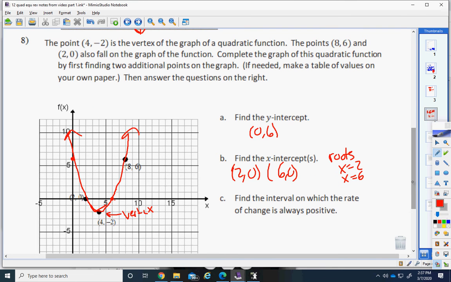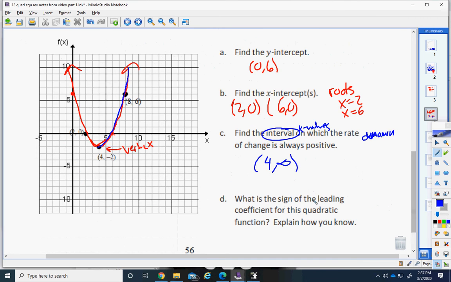The interval on which the rate of change is always positive, that's where the graph is increasing. So it's here where I'm drawing in blue. That interval is from 4 to infinity. When I ask for the interval where it's positive, they're talking about the x values, or they could be asking about the domain over where it's increasing. And the sign of the leading coefficient. I know it's positive,